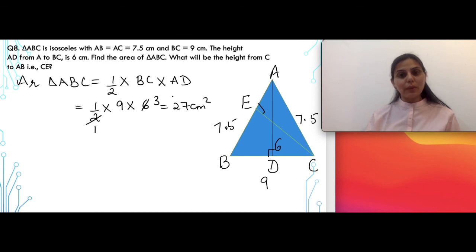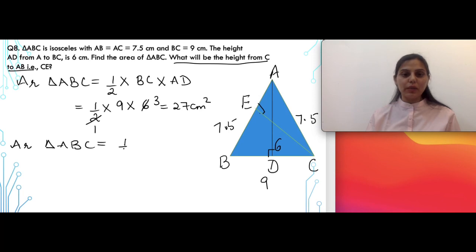Now there is a second part of the question also, in which case you are supposed to find what will be the height from C to AB. Height from C to AB is represented by CE. Again, as I have told you earlier also, just by taking the corresponding base and the height, the formula can be written in another way. So here, if we are taking the height as CE, the corresponding base for that will be taken as AB. Now, area of triangle we have already calculated, 27 is equal to 1 upon 2. CE we are supposed to calculate, and AB the value is given as 7.5.